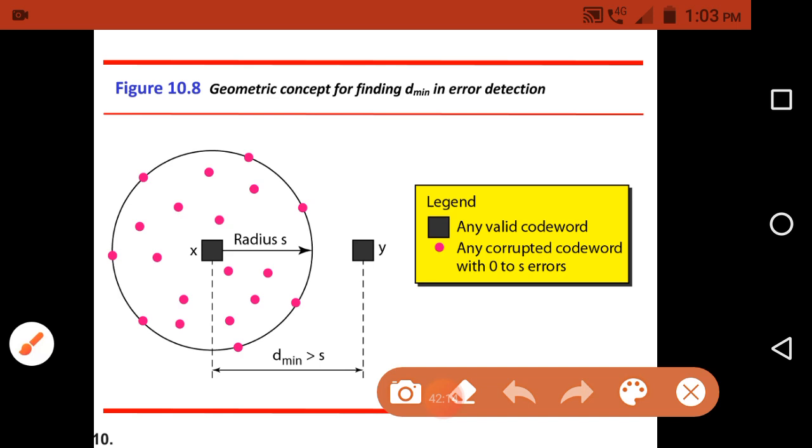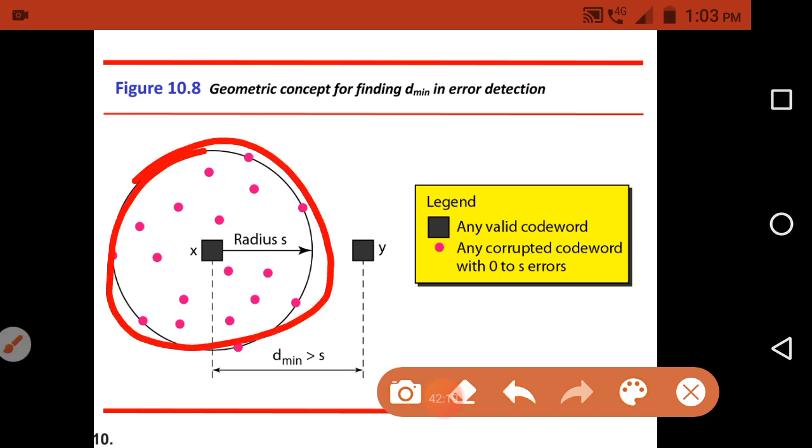The corrupted code words which are present within this radius contain only S errors. So it is guaranteed that the receiver will detect all those S errors. If the number of errors is greater than S, it is not guaranteed that all the errors will be detected.